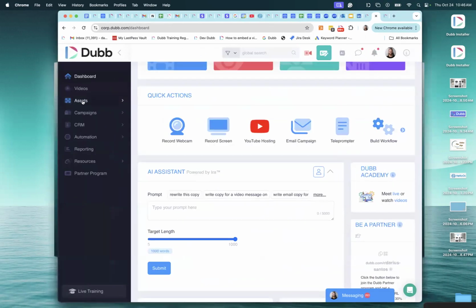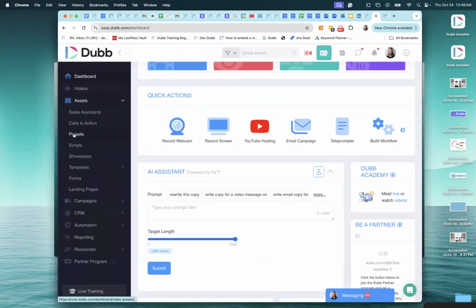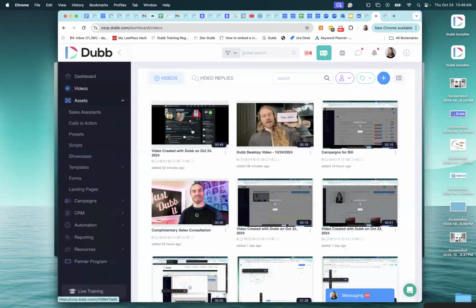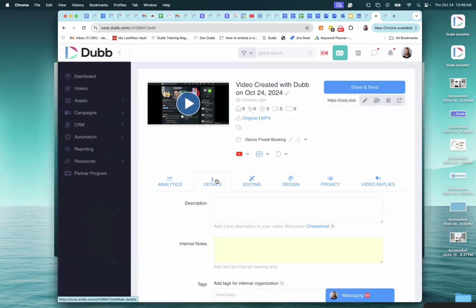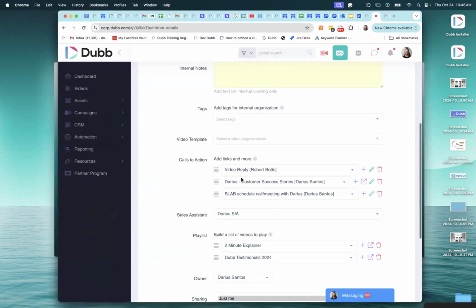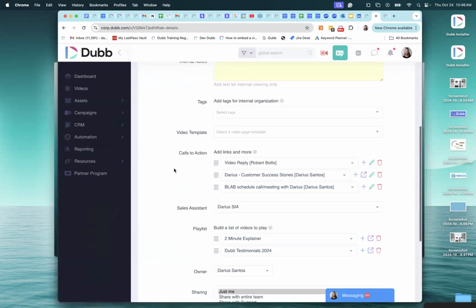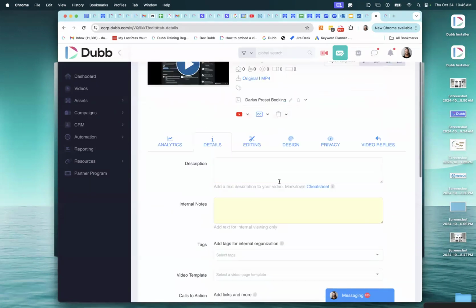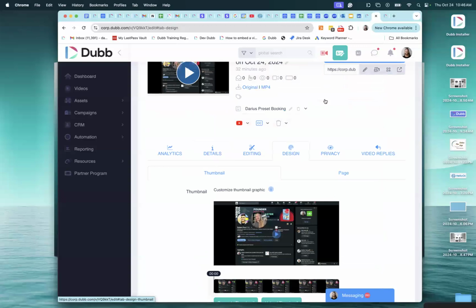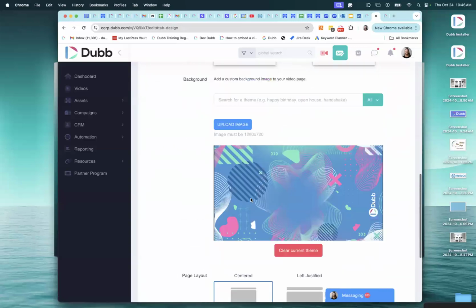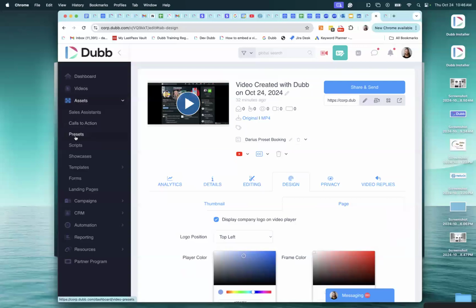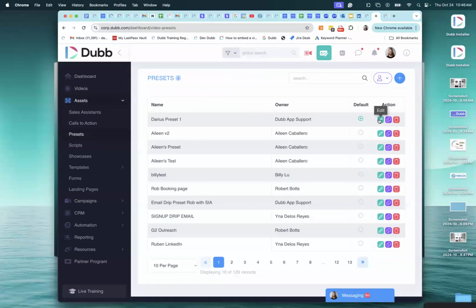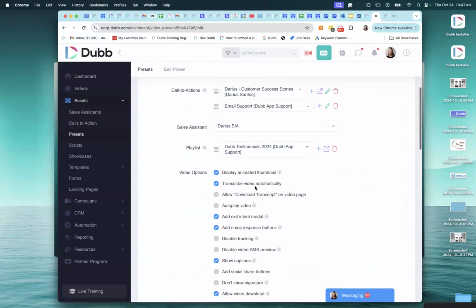Yes. So one thing that I showed earlier was when you record a video, Dubb is going to add all that stuff to the video. And this is what we call a preset. The preset contains the buttons, the sales assistant, the playlist. It also contains all your design stuff, like your background images, colors, whatever. And right here under assets, presets,